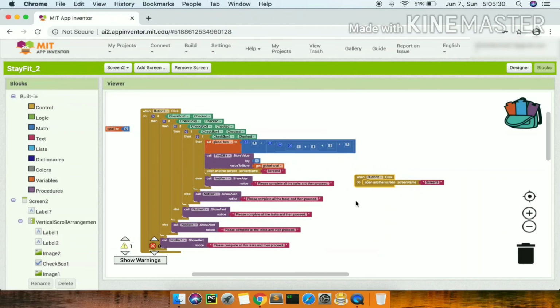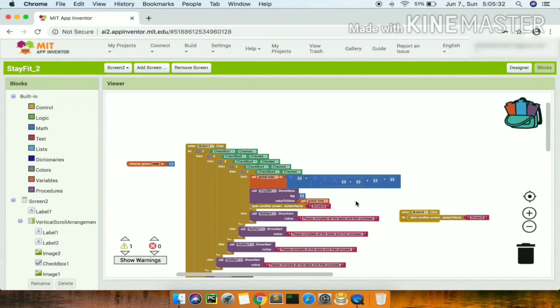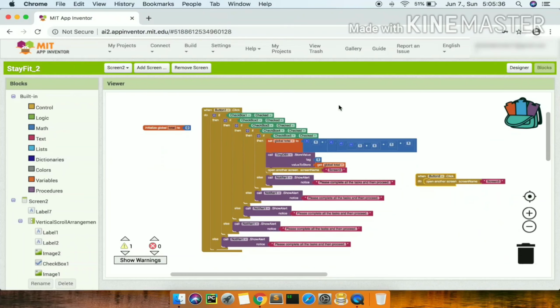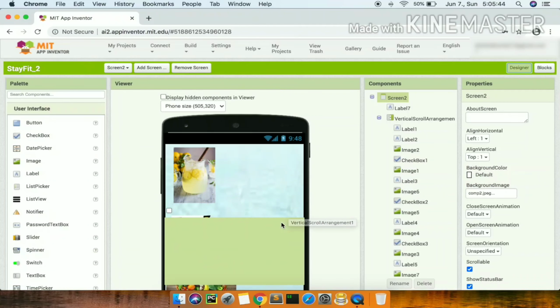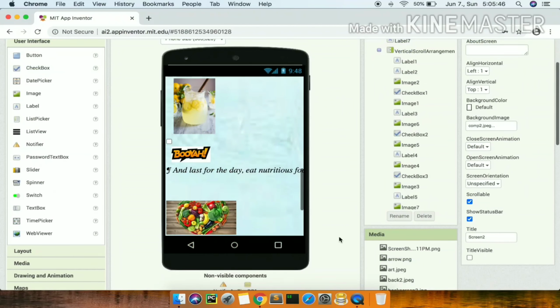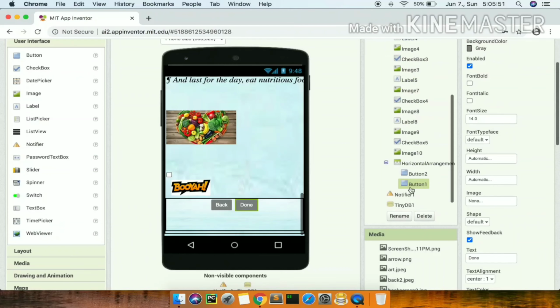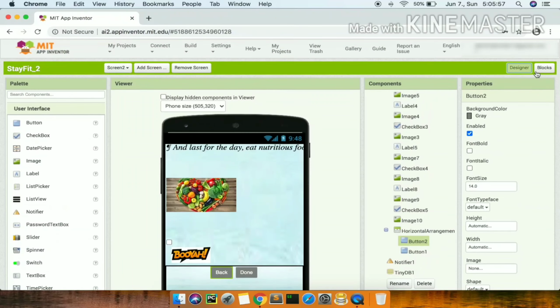Button 1 is the done button, and the back button is button 2. In the designer section we'll show you. Button 1 is the done button and the back button is button 2. So we'll go to the block section again.